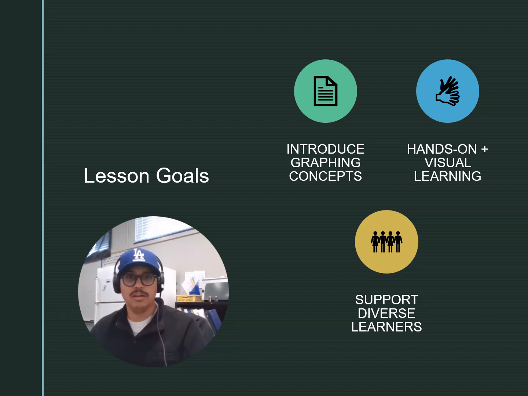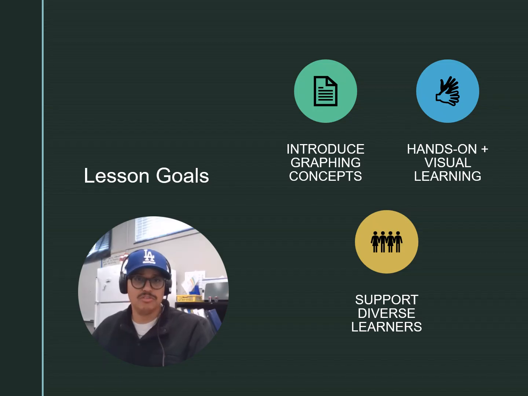Hello everyone, today I've given you a quick overview of our 1 hour graphing lesson for our self-contained classroom. The goal here is to have students learn to identify which bar in a graph shows the most, the least, and which bars are the same. And we're going to keep everything concrete and visual so our students are able to understand the content at the best of their abilities. This lesson is built to meet a wide range of needs and abilities while still keeping